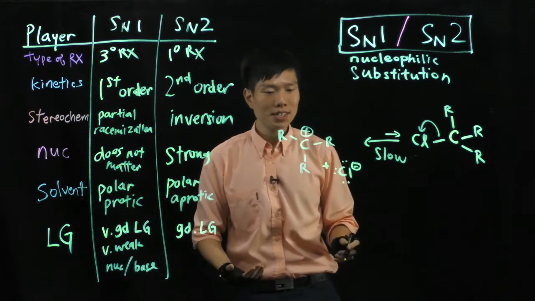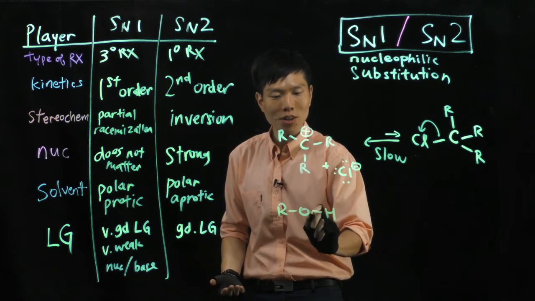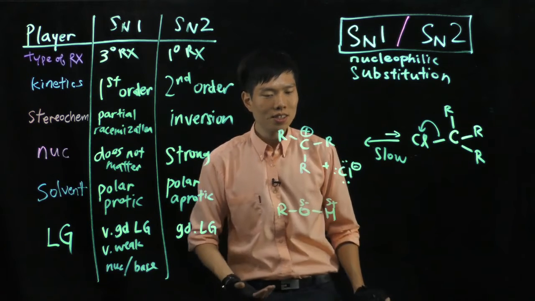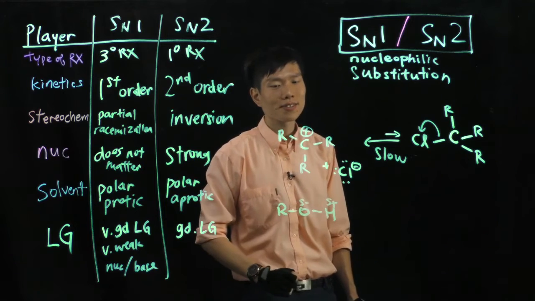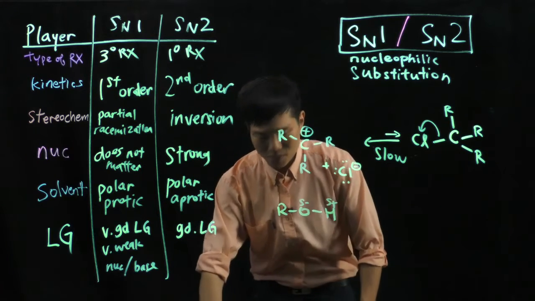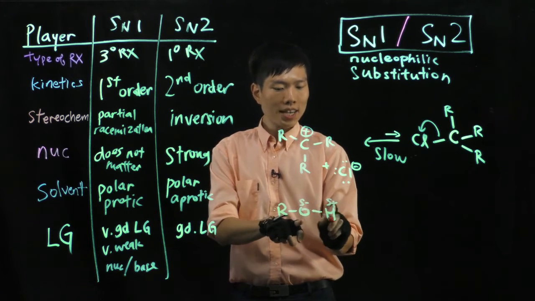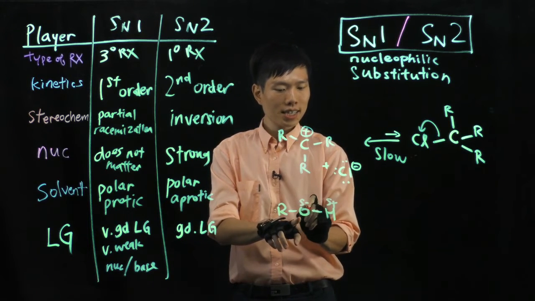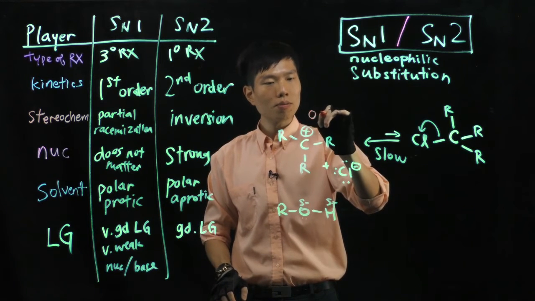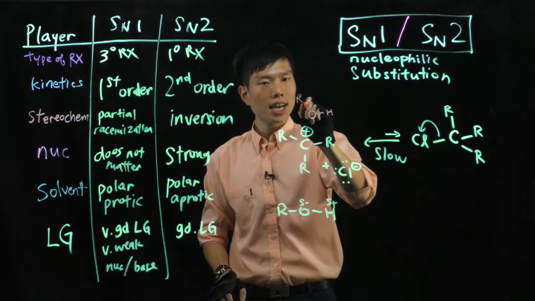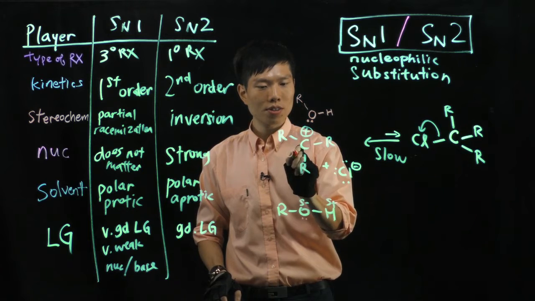Remember polar protic solvents? They must have bonds such as OH, right? They can form hydrogen bonds, delta minus, delta plus. So why does the use of this kind of solvent help to stabilize this carbocation? Just imagine this is my C+, and here we have this polarized bond, delta minus on this oxygen, that's lone pair of electrons. And I can put one molecule of this alcohol solvent right here, one molecule over there,